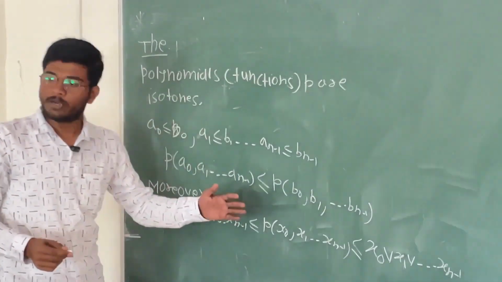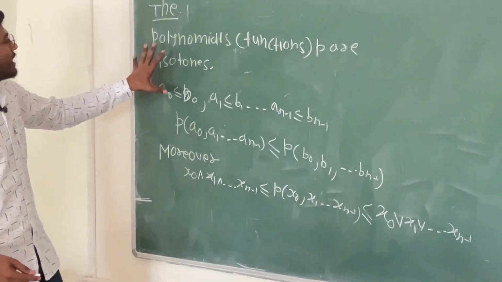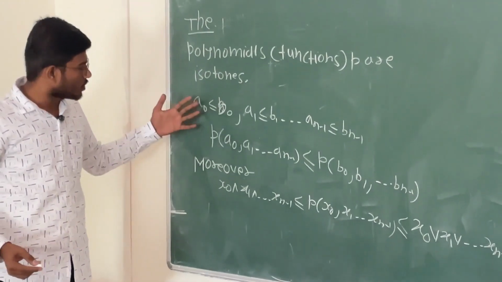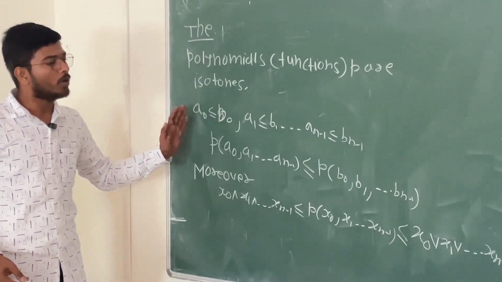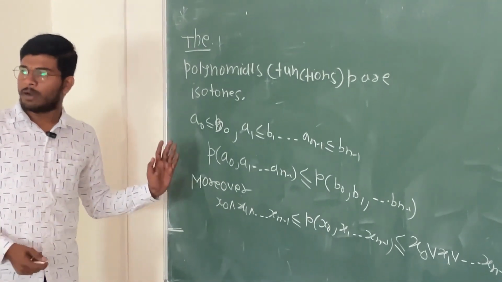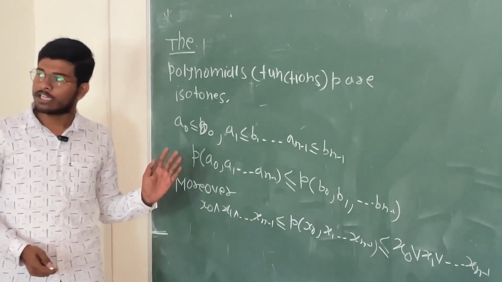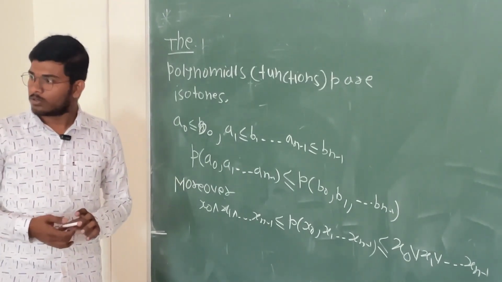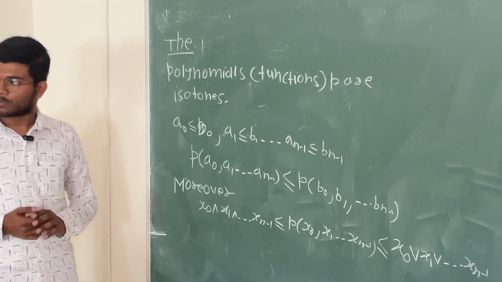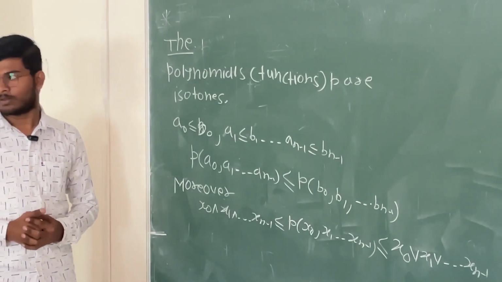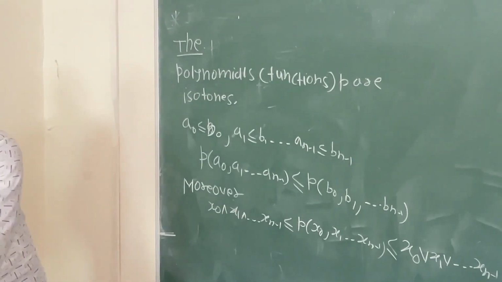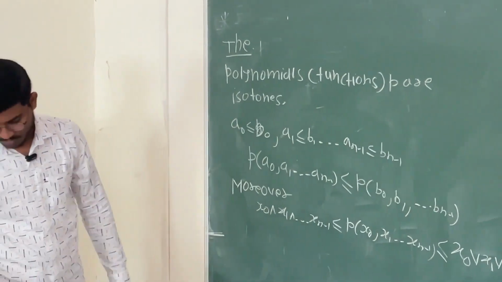So this is the statement of our theorem. First of all, understand it. Polynomials are isotones. This is the statement we have to prove. We will prove it by using mathematical induction on the rank of polynomials. So this isotone means that whenever ai's are less than or equal to bi's, polynomial evaluated at ai's